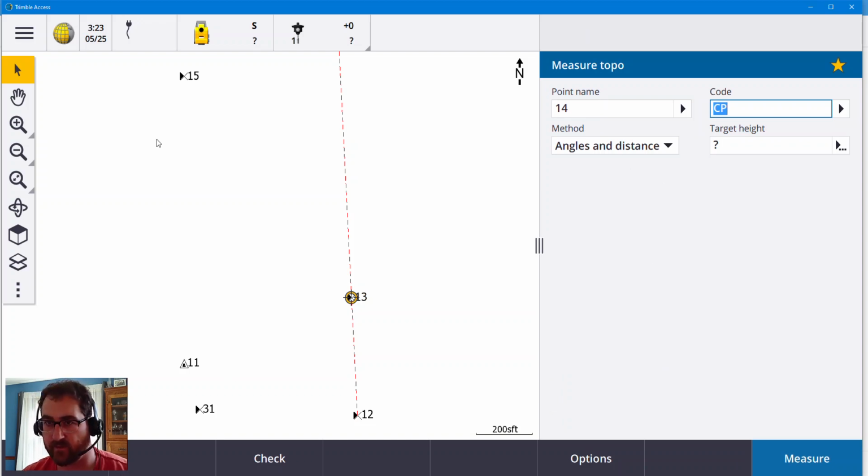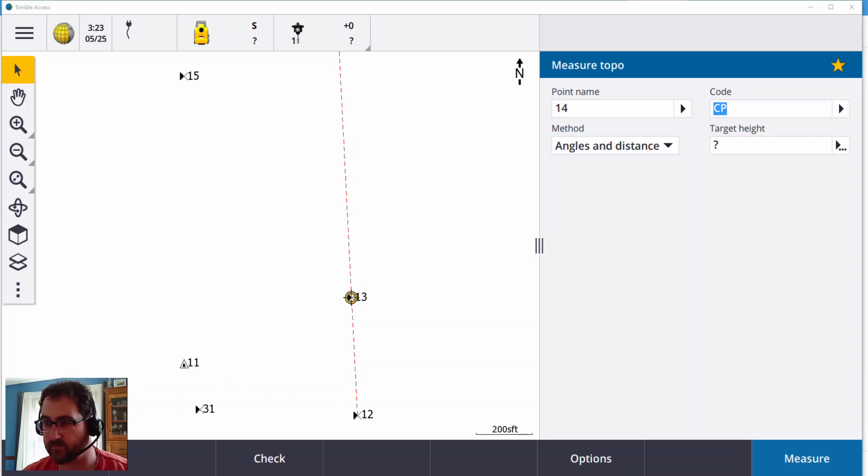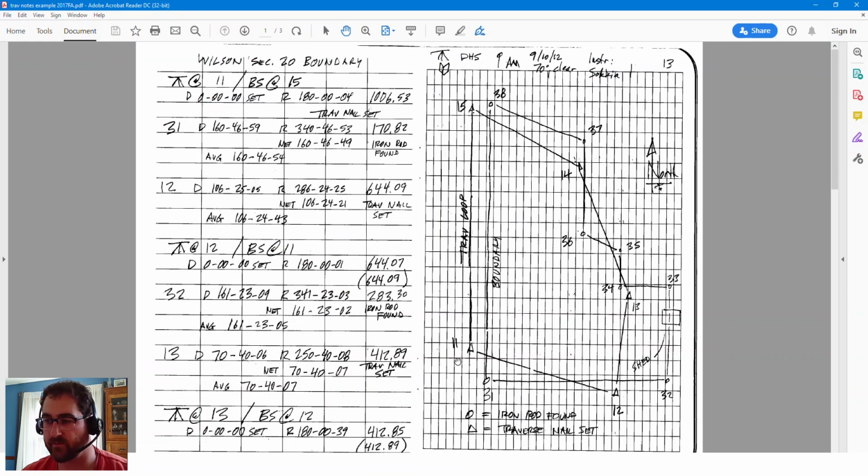Now I should have originally 11 to 15 to 12. Now I'm at 12 to 11. 12, 11, and 13, I mean. All right, from 12, we can also put in point number 32. Now, I'm not going to put in all of these. You can go through, and when you do the assignment, you go through and put in all the rest, but I'm going to do just one more here. So for 32,